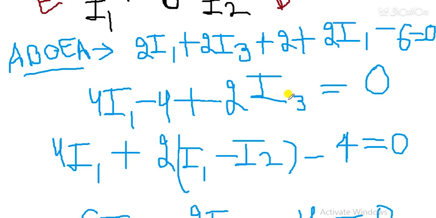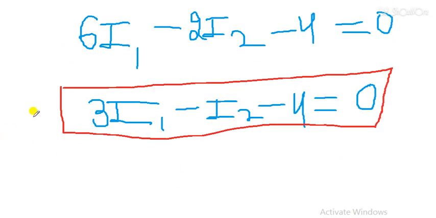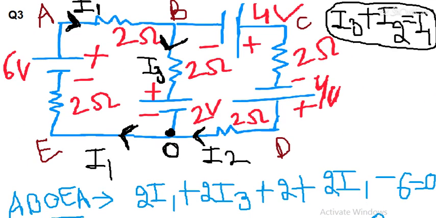Further, we put the value of I3 in terms of I1 and I2, because I will always try to solve the equations using I1 and I2. Then the equation after putting this I3 value comes out to be this one. Then I have taken 2 common, so this will be equation 1. I will need this equation. Now I have to take one more closed loop. So now I will not take I3, I will take the outermost loop so that I have values in terms of I1 and I2 only. So now I am taking the A, B, C, D, O, E, A loop.